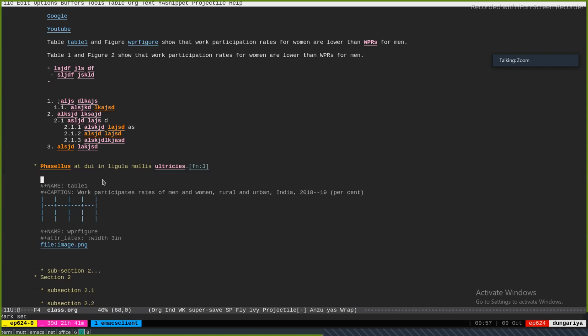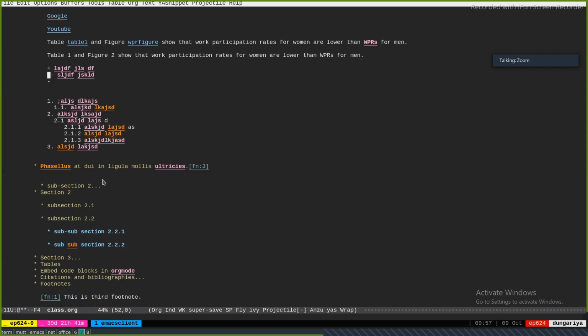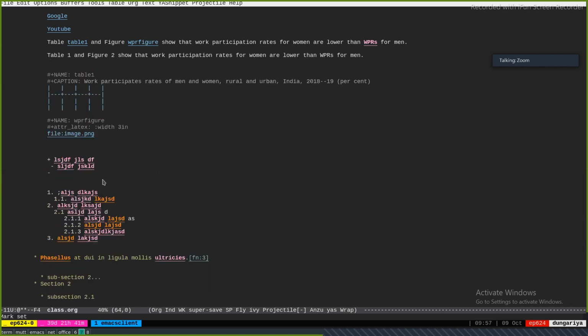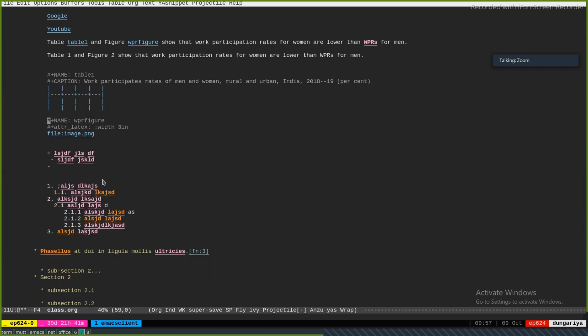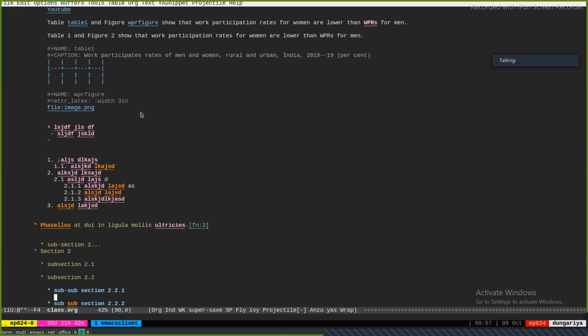So best is to place it soon after the first reference, so that it's not moved down too much from it. The anchor becomes the first reference, and the distance from the first reference is what matters. So I would place it immediately after the first paragraph where the table or the figure is cited. Is that okay?